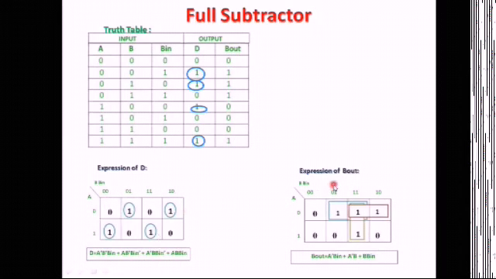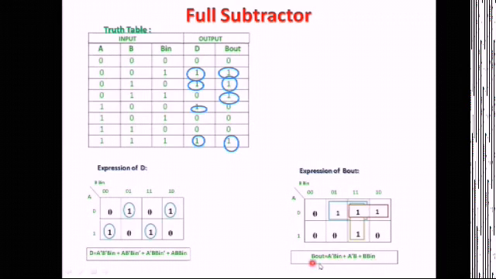So next is the expression for B out. Next we will be considering this one, this one and this one. Now you see here, if we are doing the pairing like this, this one will be one pairing, this one will be one pairing and this one will be one pairing. So there will be 3 pairings. So B out we can write that it is A bar B in plus A bar B plus B B in.